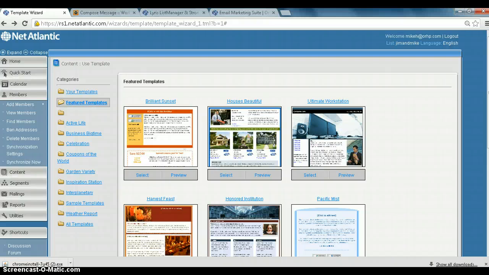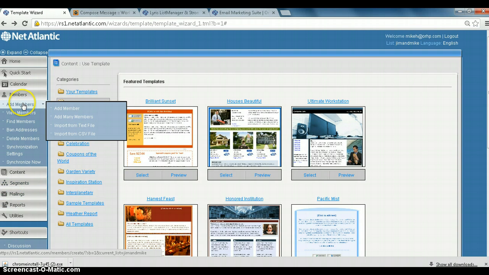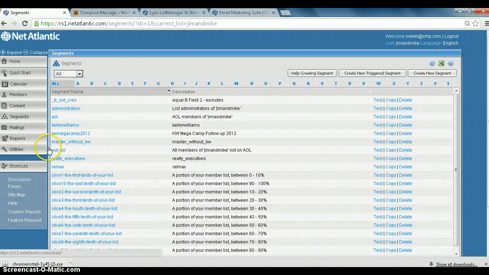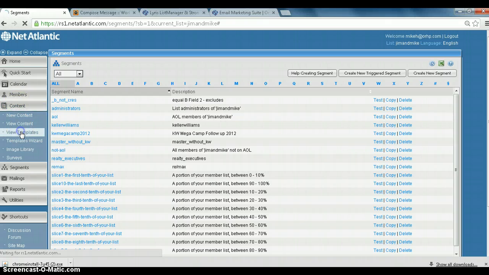I really think it's going to help us long term and eliminate a lot of those abuse complaints and spam that we're running into. Whenever we take a look at NetAtlantic, the first thing I want to show you is it's pretty easy to add members. You simply go up to add members and you can import from a CSV file, which is I believe how we typically have all of our realtors. Once we do that, we can move them into different categories and segment them based on the different areas. So we can have a different segment for many different areas and send to the masses or send to each segment for different events. I think the content and the templates that they offer is currently better